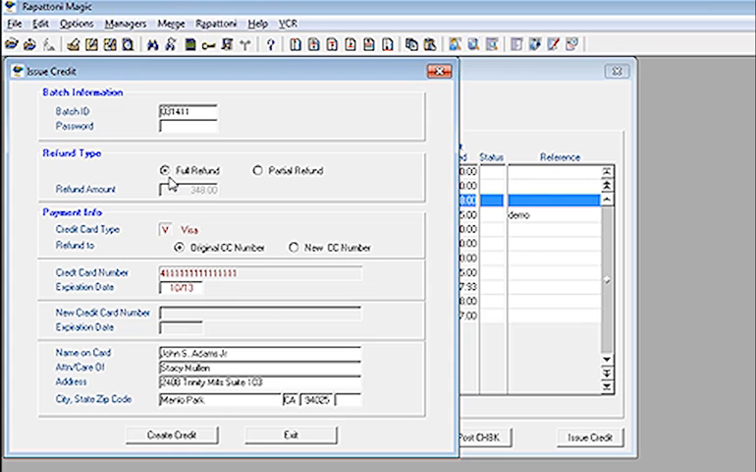And in this display, I do not have a password here, so I'm going to go ahead and skip past that. Now you have the option of either a full refund or a partial refund. So in this case, we want to do a partial refund. We click on this, it then opens up this particular field, and we can go ahead and put in our